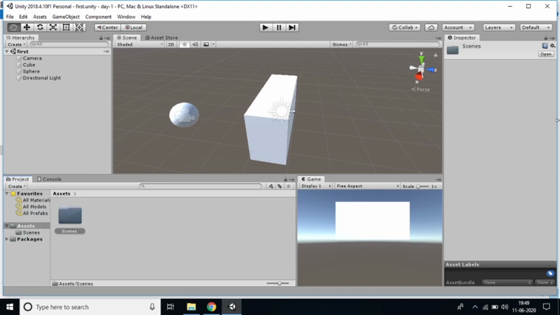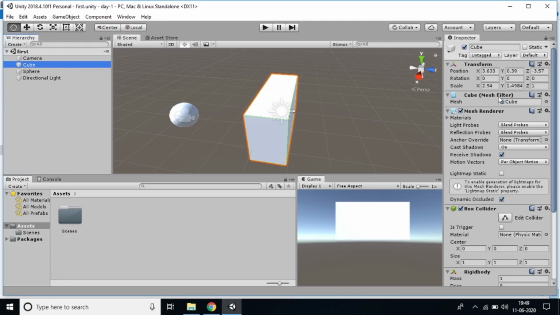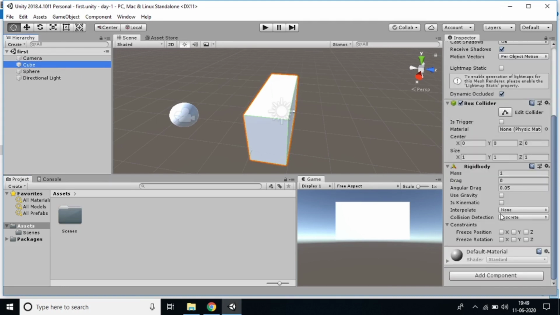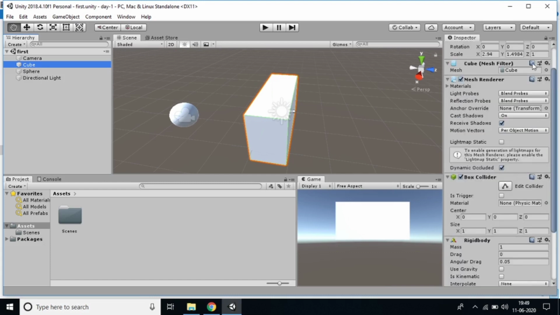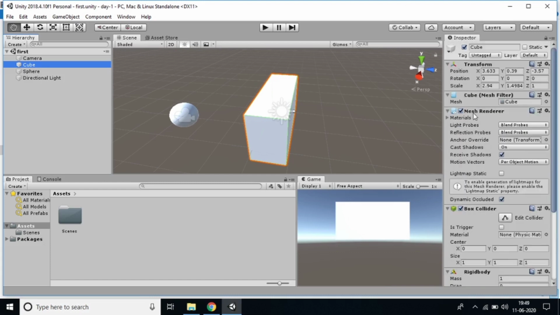So next, coming to the inspector window. Suppose I selected the cube. So the position, rotation, if you want to add any rigid body, if you want to add any component, we'll do all the stuff in the inspector window. Now my task is to change the position. Did you observe that the sphere was not displayed in the game? Why?